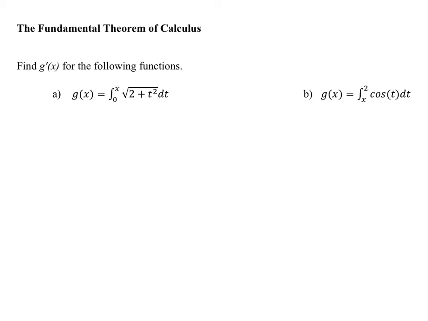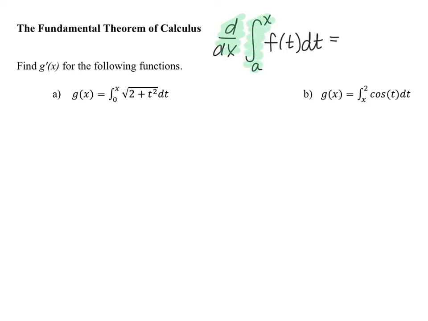In this video, we're going to work through several examples that use the fundamental theorem of calculus, part 1. This is the part of the fundamental theorem of calculus that relates the process of differentiating to the process of integrating. This portion of the fundamental theorem basically states that when we are taking the derivative with respect to x of an integral, and we're integrating from a, which is a constant, to x, which is a changing value, of some function f of t dt, the process of differentiating here is going to undo the process of